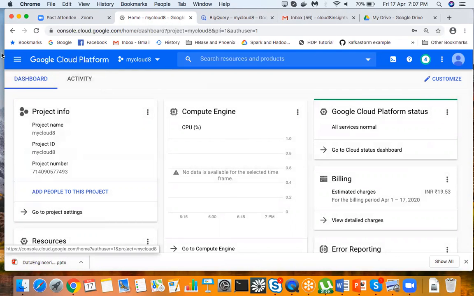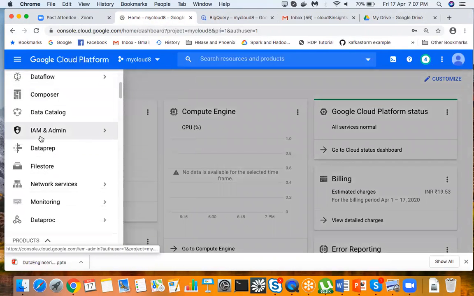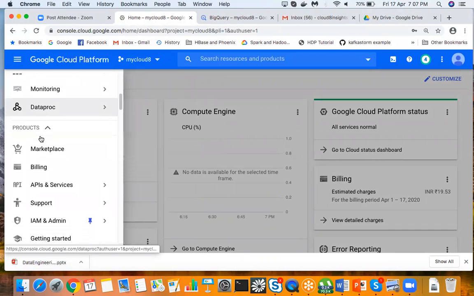This user interface is known as the Google Cloud Console, and on the top you can see these 3 lines. This is called the navigation menu, which will give you a list of all the services and products available on Google Cloud platform. If you click on this, you can see there are various services, and these services are divided into categories.